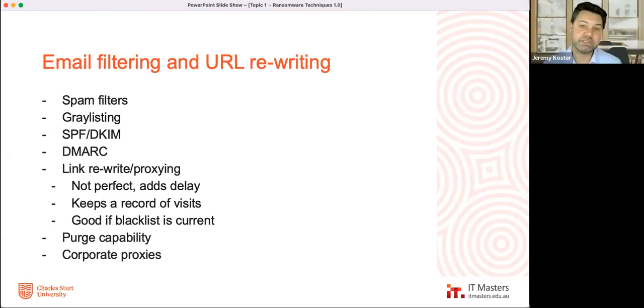So being able to see where people are visiting from the corporate network, if they're going to those ransomware sites that you know about, you can keep good monitoring and also blocking of those things as well. But also proxies are becoming a little bit harder because a lot of people are working from home and we don't have a corporate proxy at everyone's home. So being able to maybe get them to VPN in or to use an on-box proxy or an EDR that does something like that is good as well.